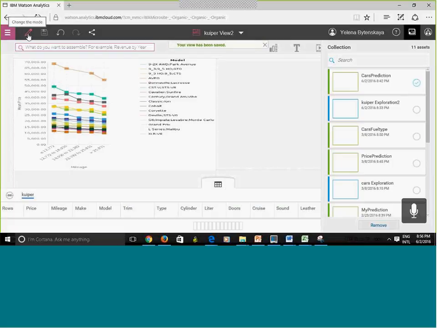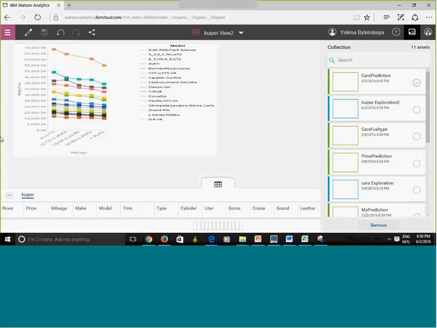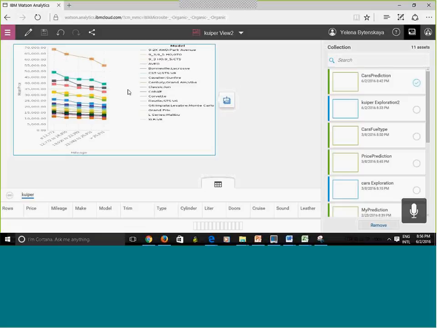Now, what I can also do is toggle between views. If you just click on the pencil, right? This is the view mode, it's not editable. I cannot just go ahead and delete this. I cannot add anything else to my dashboard right now. But what I can do is add this image to the collection again if I made any changes to it, or I can go back to edit.